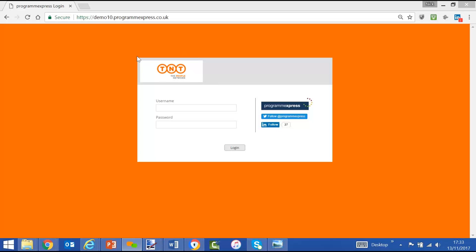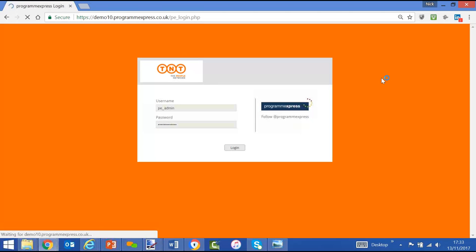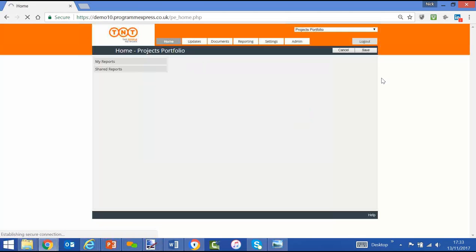So let's commence the demo using a demo site, Demo 10. Each client has their own URL. We're going to log on as the administrator, and it can be an administrator, a write access user, or a read-only user. By logging on as an administrator, we can see all projects and all modules, and